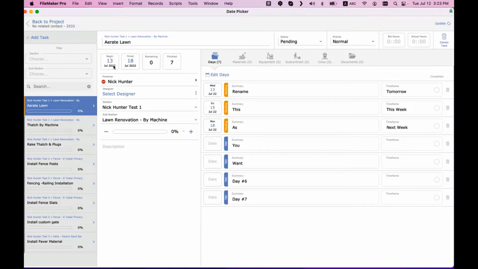But it's not like from 13 to 18. No, the period of that task starts on the 13th and ends on the 18th. But I have only 3 days, right? Only 3 days. I don't have the 5 days. So now that I have this done, okay, what I want to do, I want to fill this up automatically